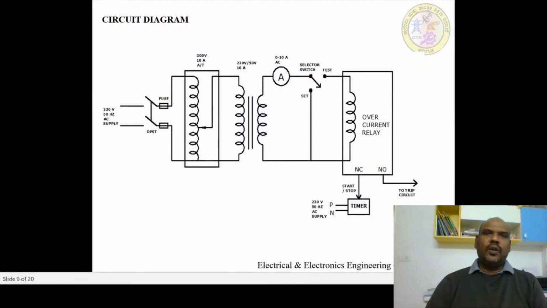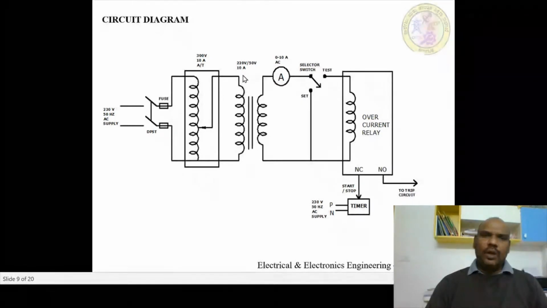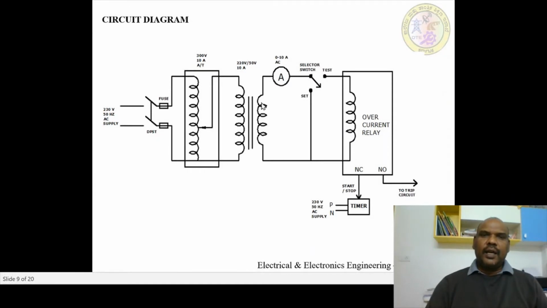So this is the circuit diagram which we are going to use for testing this particular relay. As you can see, this is the overcurrent relay which is being tested, and this is the relay coil, and this is the current injection transformer which is used for generating high current to test this relay. This is the auto transformer using which we can vary the primary voltage of this current injection transformer and increase or decrease the current here in this circuit.